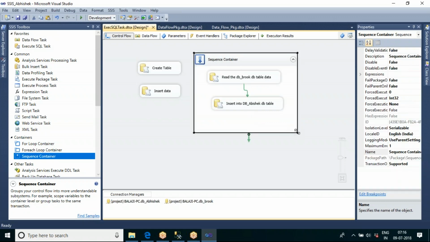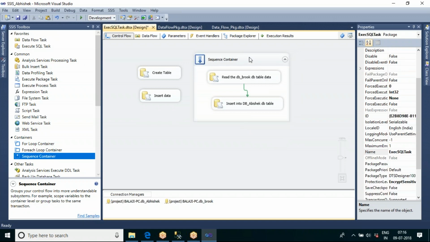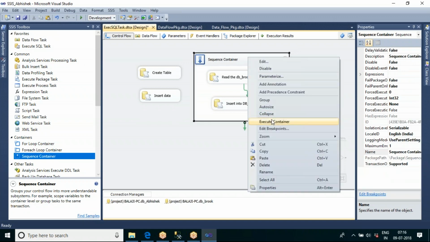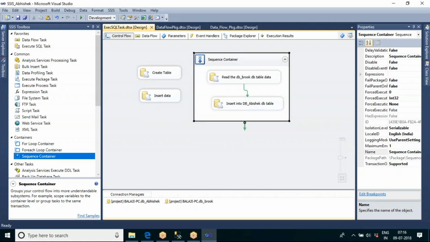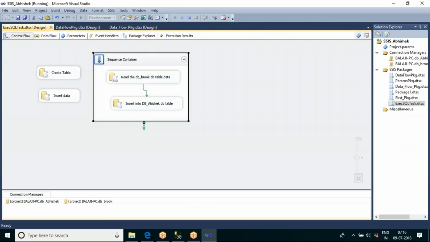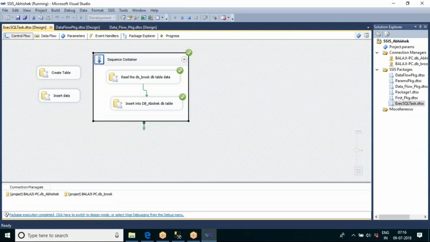Now we have an option to execute the container separately. Let me click on execute container, then these two will execute as a single unit. The first one will read the data, and the second one will insert that particular variable data into the SQL table.